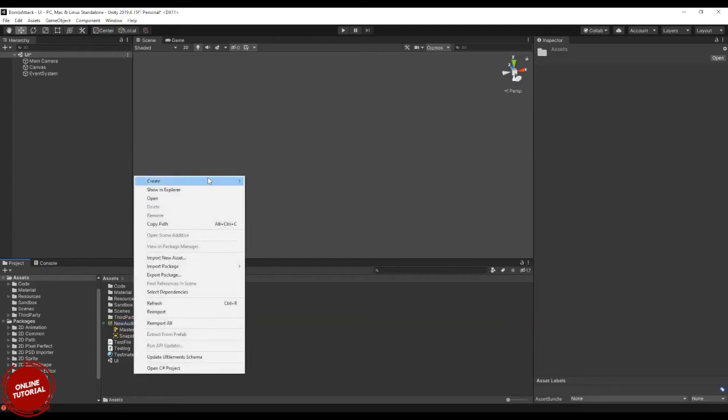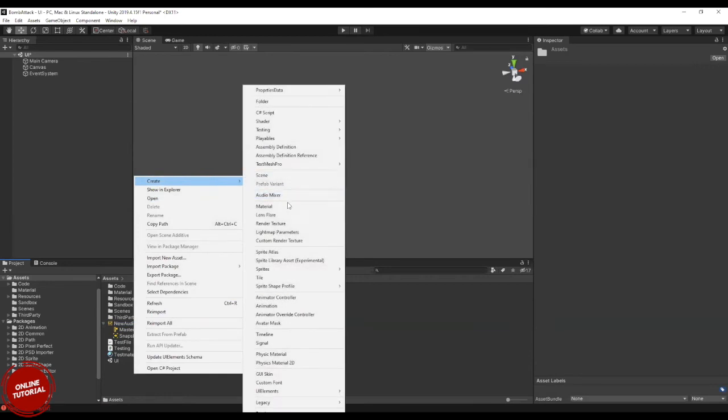Okay. And next, material. As you know, every object to be rendered, to show its properties and to define its shape, you need to have a material for the object to render. To show how the surface of the object looks, you need to have a material. So this you can create.